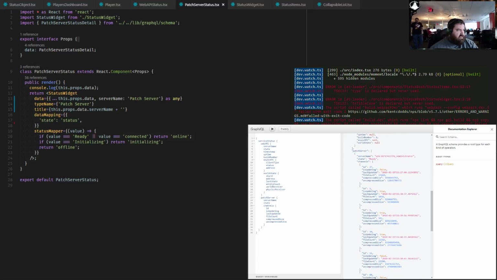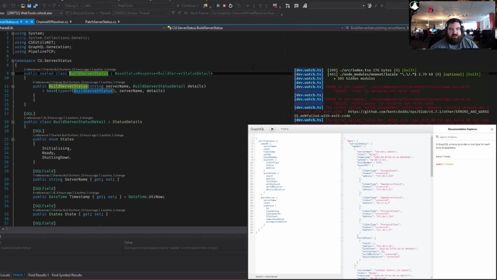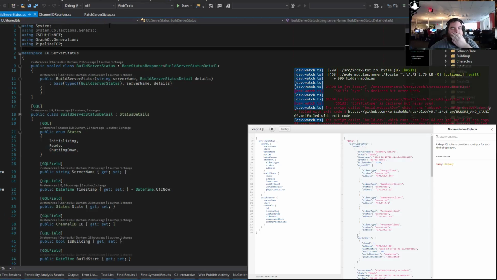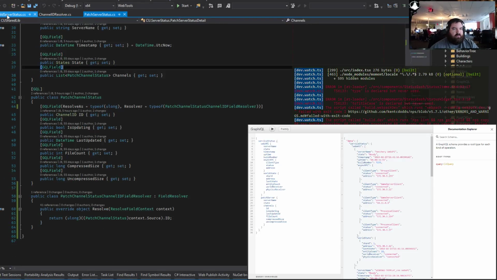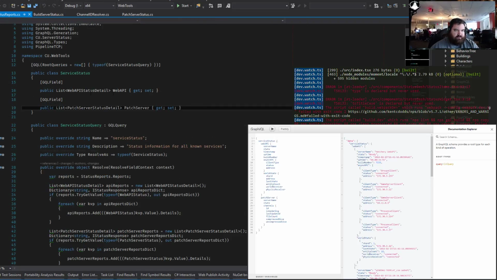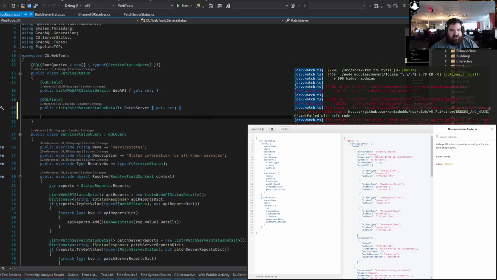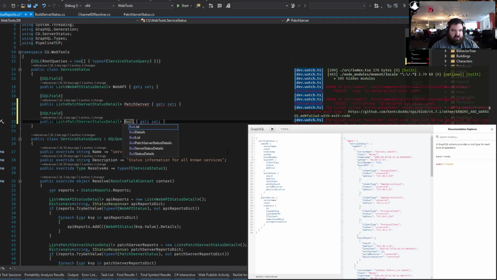Here on GraphQL, you can see we got the web API, the patch server stuff. Notice build server is not present. So you can see is web API and patch server. So I need to start serving that and handling that on the Web Tools internal server here. And that happens in status reports. And here you see I just have a list of Web API status details and a list of patch server status details. Do the same thing here,